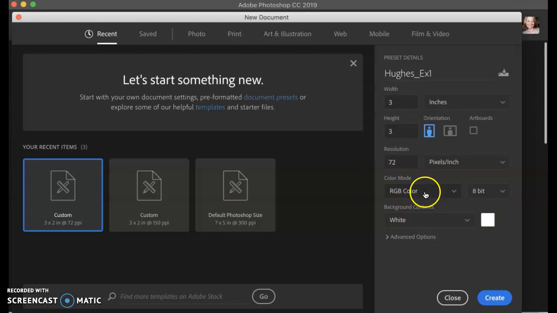So color mode, RGB usually goes along with 72 DPI. You really don't need to work in CMYK if you're doing any screen imagery. That will most likely be Lab color or RGB color or grayscale. But RGB really supports low resolution and supports any home printing. If you're printing on your home printer, there's really no reason to do CMYK unless you have a CMYK printer. Some people have laser printers at home, so that might correlate, although you might have to work with color profiles, which is